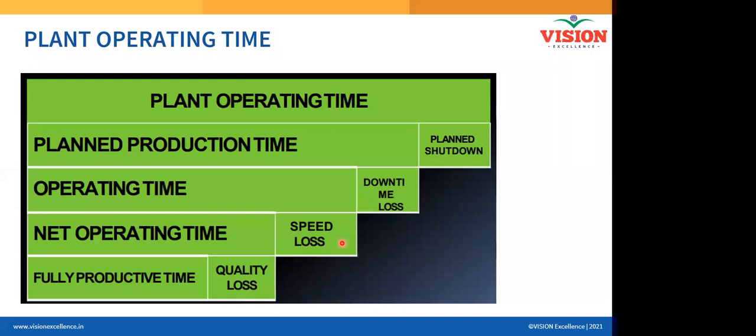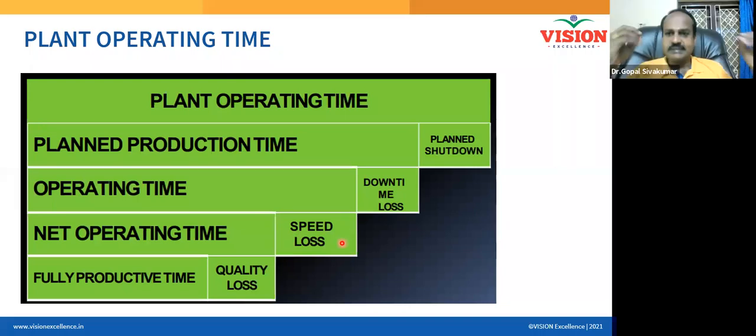100. That means 1 hour is lost because of the slowing down of the process. Do you understand? You have slowed down the process and you lost 1 hour. What you normally achieve in 4.5 hours, now you achieved in 5.5 hours. Now, do you understand the difference between operating time and net operating time?